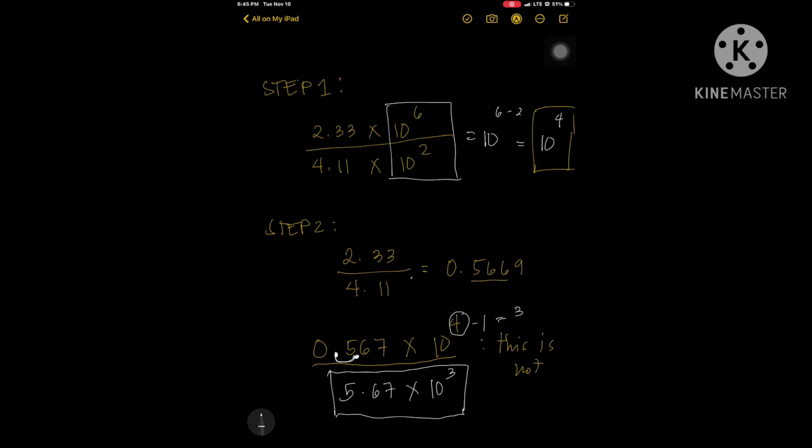Times 10 to the fourth power. We will just copy this one. Okay. So we have, let's bring it here, 10 to the fourth power. Okay. Now, my question is, is this written in scientific notation? Since that is 0.567 times